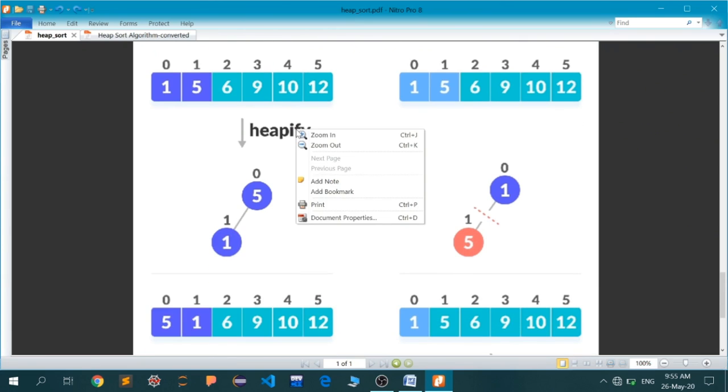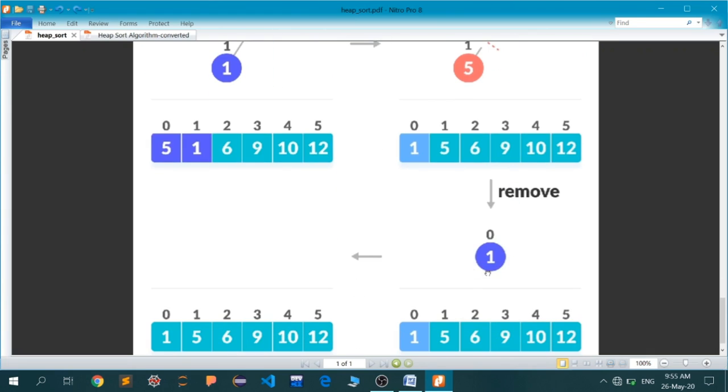So after heapification, 5 will come to the top, and 1 will come down. Now the swap will be called again. This swap will change the places of the last element of the array, which is actually 1, with the root of the, let's say, tree, that is 1. Now only one element remains. This one element will be your first element.